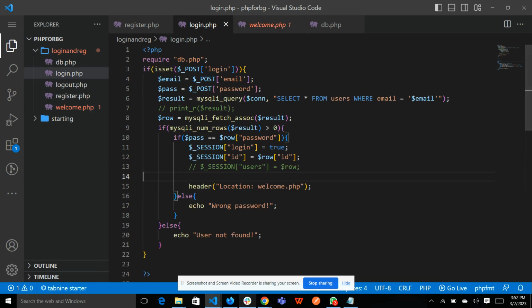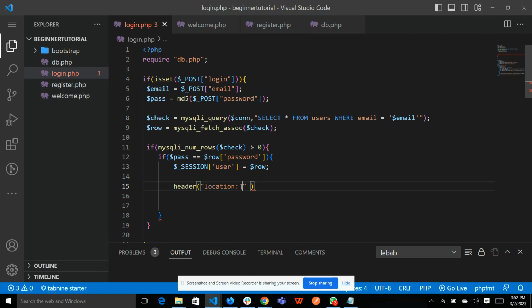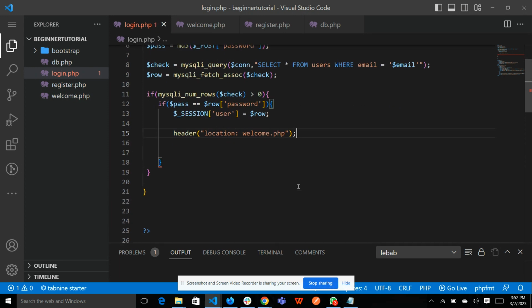So how is it used? Okay. So we are heading them to login.php. So we have successfully redirected them, but here we have to confirm that